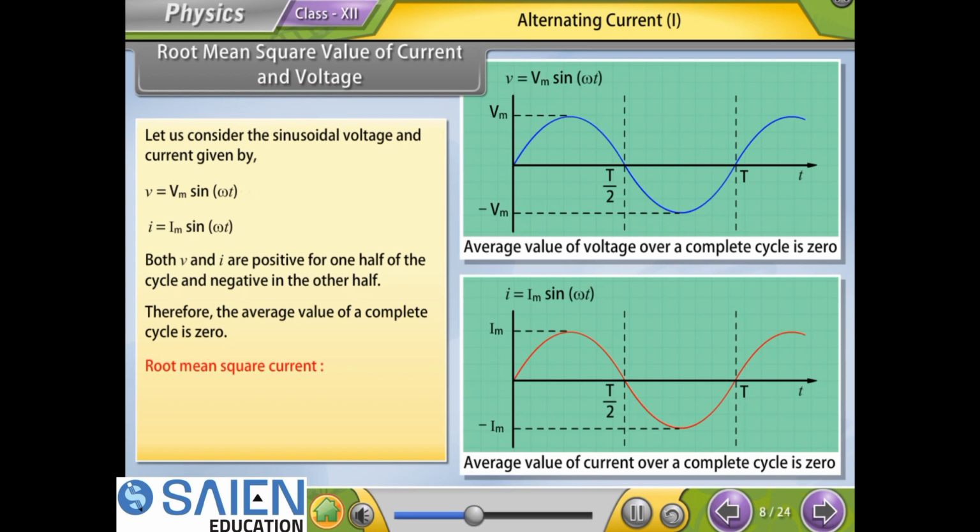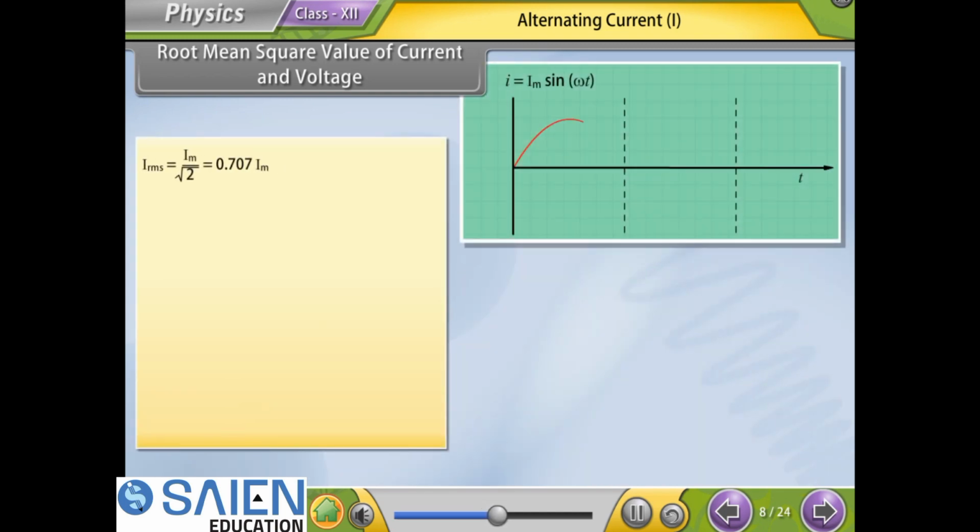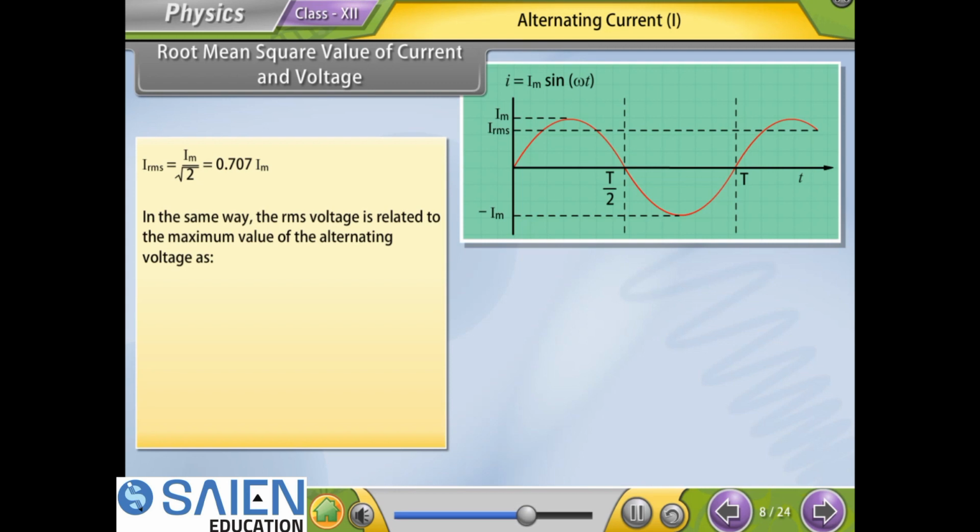Root mean square current. The square root of the average value of the square of the current is called the root mean square, RMS, current. IRMS is equal to Im upon root 2, which is equal to 0.707 Im. In the same way, the RMS voltage is related to the maximum value of the alternating voltage. VRMS is equal to Vm upon root 2, which is equal to